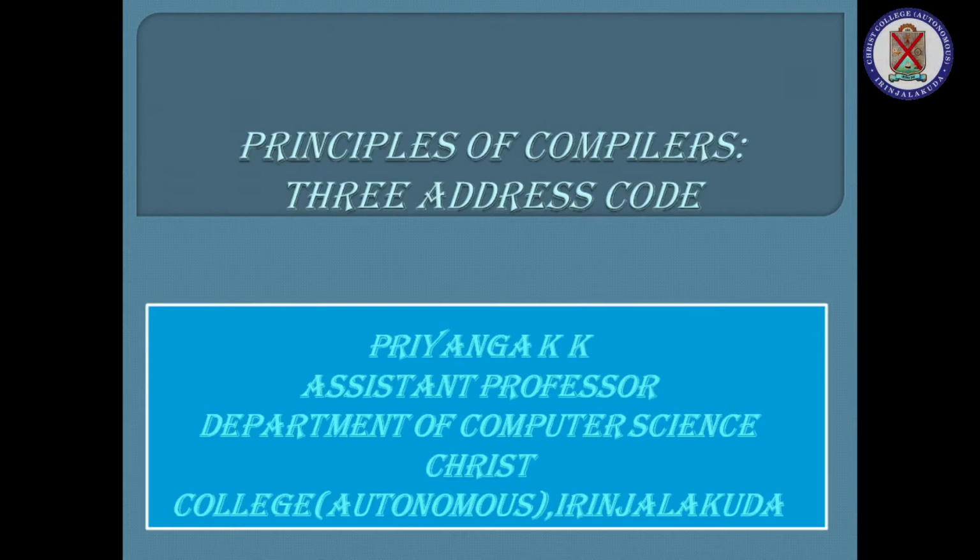We are discussing the topic principles of compilers. We have discussed various phases in the compiler. That is, we have already discussed the analysis phase as a whole. Now we are moving to the synthesis phase. In that, the first synthesis phase we have discussed is intermediate code generation. Under that heading we have already discussed the first intermediate code, that is called DAG. So next we are going to move on to the next intermediate code, that is called the 3 address code.